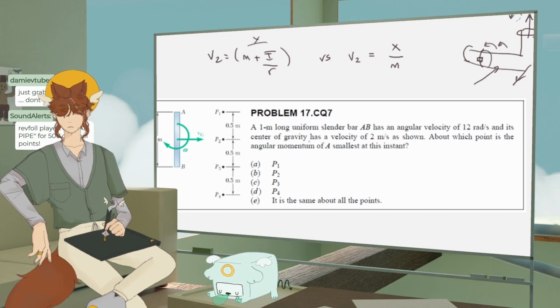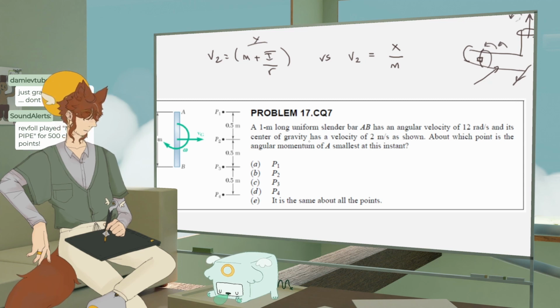A 1 meter long, uniform, slender bar AB has an angular velocity of 12 radians per second. Its center of gravity has a velocity of 2 meters per second. About which point is the angular momentum of A smallest at this instant? Okay. H_P,